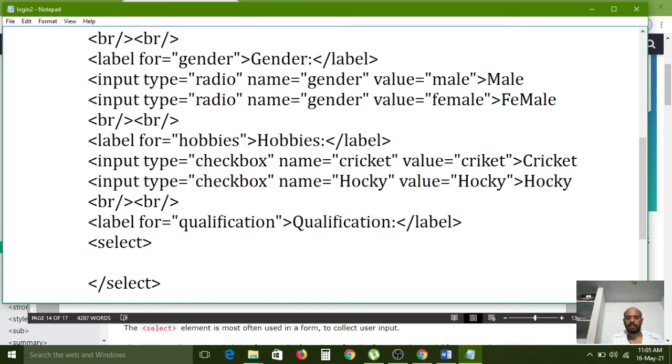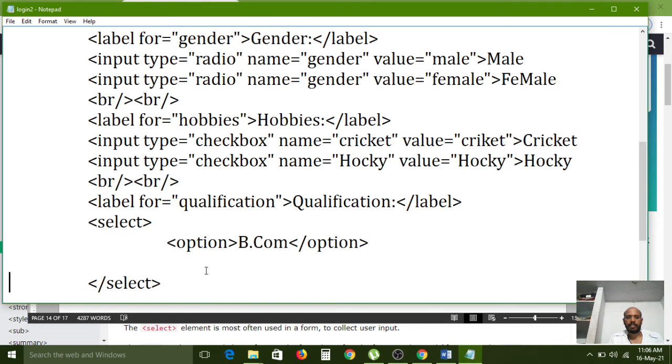Select opening and closing. Option is also a subtag. BCom, option is also closed, and BSc. While selecting, you need to select any one. Understand?